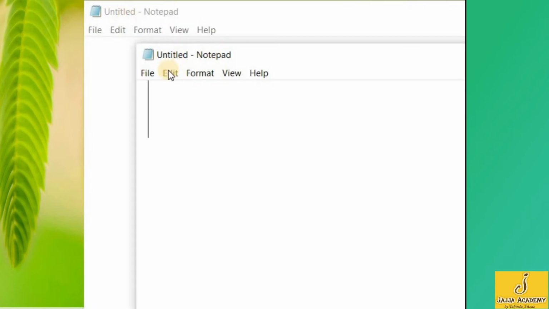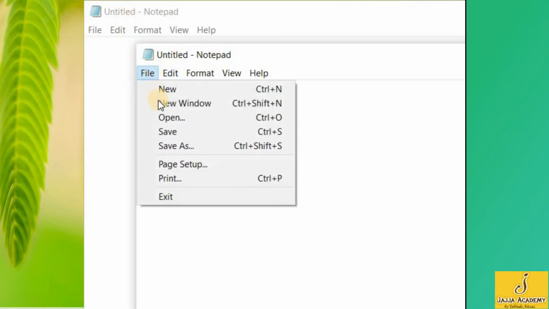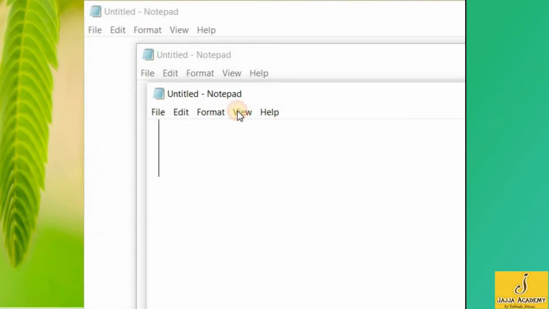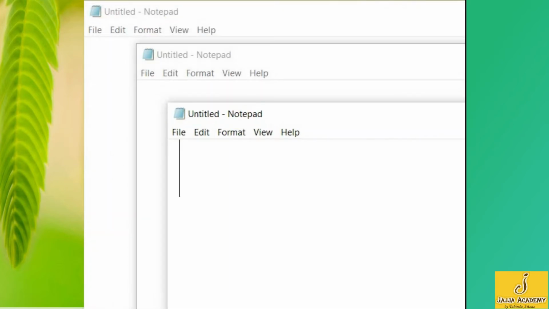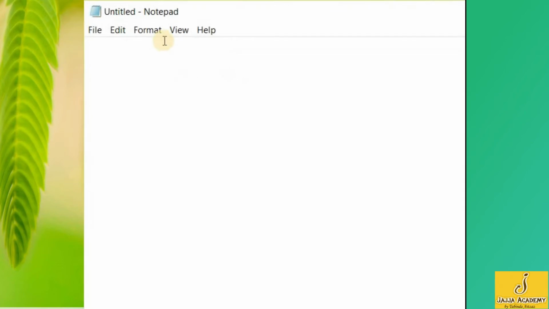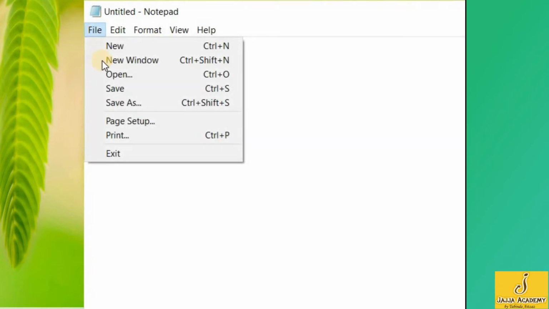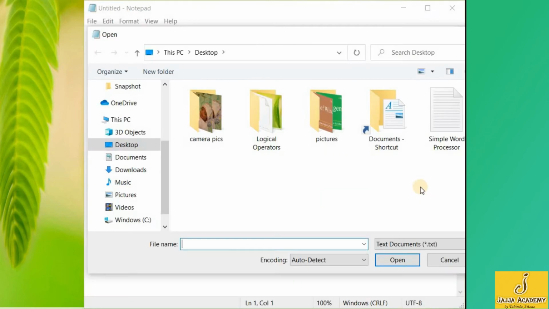Here you see there are two windows, and if I open another window, a third window is created. Now I'll close the recently opened windows and go to the next option, open. If I want to open an already saved notepad document, then I'll click on the open option and then I can